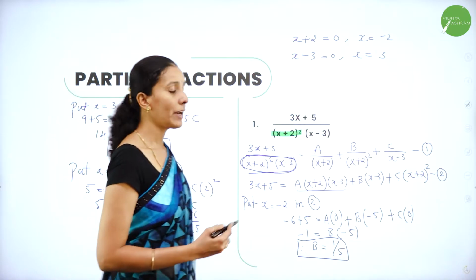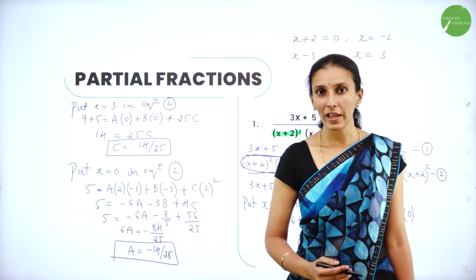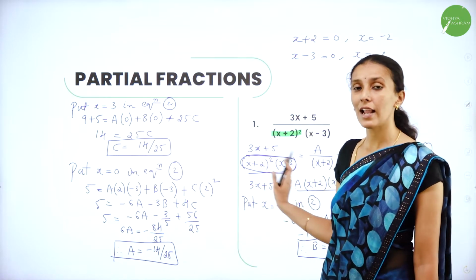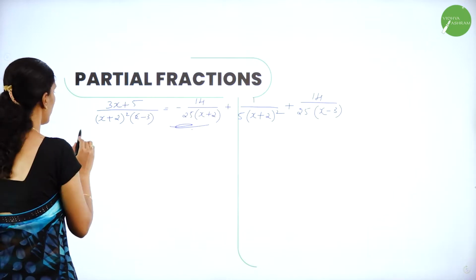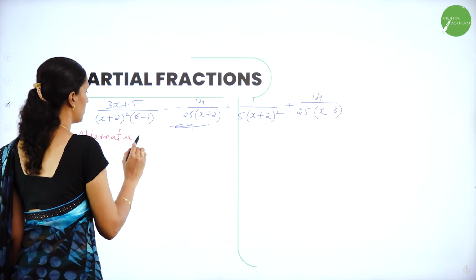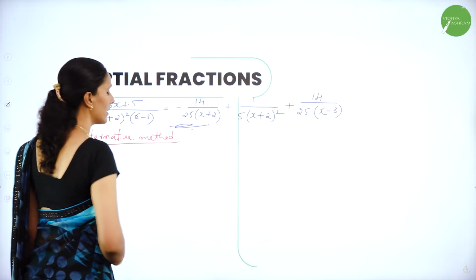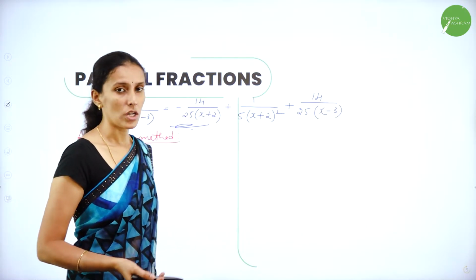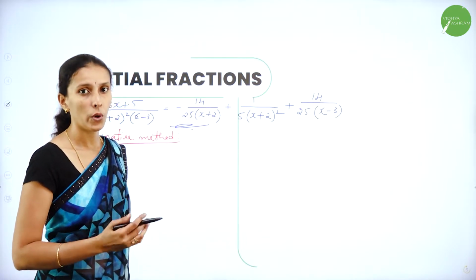I'll explain how you can easily find the value of a when you equate the coefficients on the right hand side as well as the left hand side, of x square or x or constant. Whenever you don't know the third constant, you can equate the coefficients of x square or coefficients of